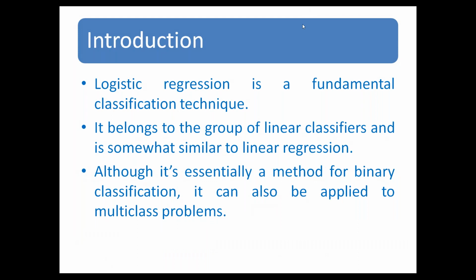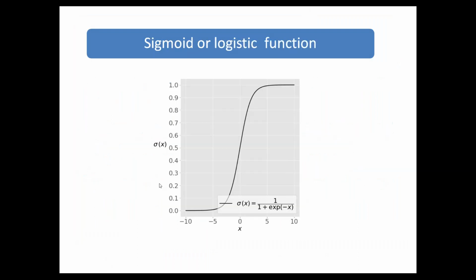So now let us see the basics of this. It uses a function called the logistic function, and that's why it is called logistic regression. In linear regression, you have W transpose X equal to Y. But here, Y is a logistic function of W transpose X. Previously Y was directly the linear combination, but here Y is the logistic function of W transpose X. See this equation.